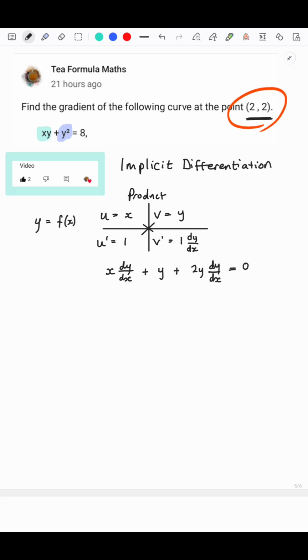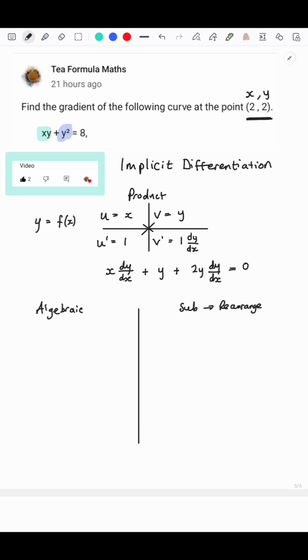And one of the differences with many of the differentiation questions here is you're going to need your x and your y, okay? Because they have an x and a y in this expression. So there are two ways to go down, and I guess I'll do it for you because we're here and we may as well see it, and you can decide which way you prefer. So I'm going to call them algebraic and sub and rearrange. So for algebraic, we can